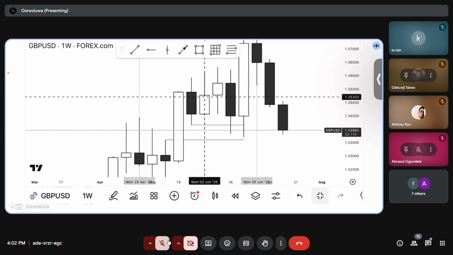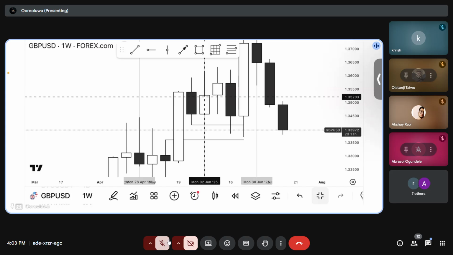But it depends on the higher time frame you are working on. If you are working on the yearly, you are looking at your Asia as the first 3 months. Every higher time frame candle has 4 quarters. I don't know if I've taught you this before, but for the daily, we have 4 quarters: the Asia, the London, the New York, and the midnight.